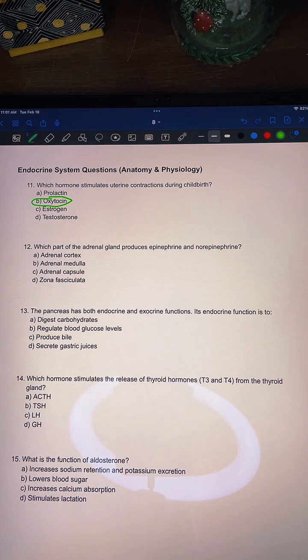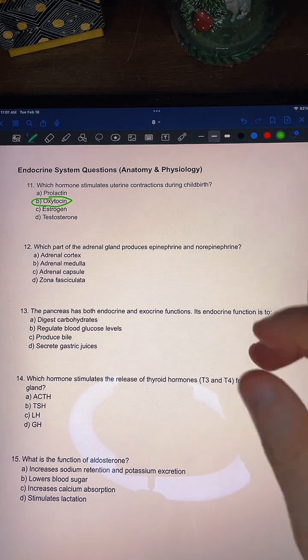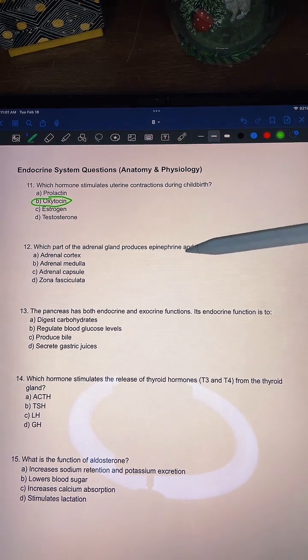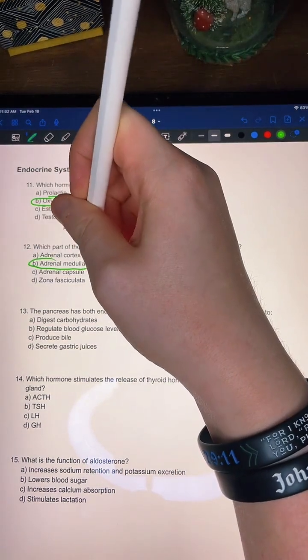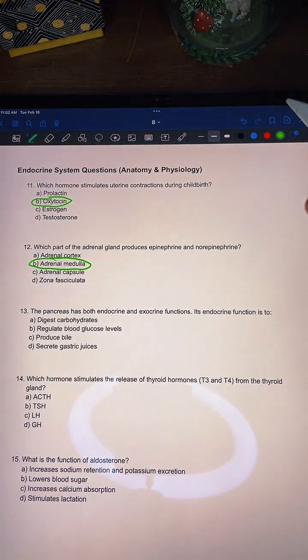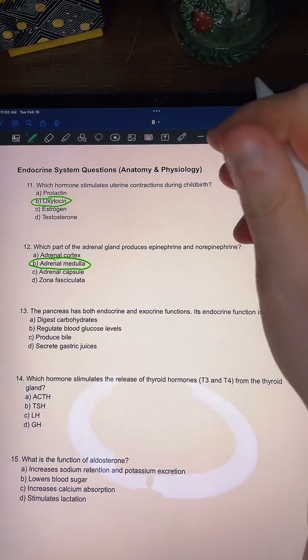But oxytocin is the love hormone. Move on, yeah. All right, number 12: which part of the adrenal gland produces epinephrine and norepinephrine? There's the adrenal cortex, the adrenal medulla, the adrenal capsule, the zona fasciculata. B, yes, you guys are correct. This is the adrenal medulla. You guys pretty much all got that one right, so I think we can